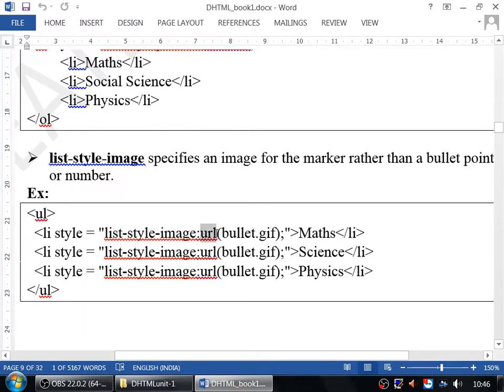Using the url keyword, and with a round bracket mention the image name, close the bracket, semicolon, close the double quotes. So instead of a bullet list or numbering list, before maths, science and physics, you have your own image bullet, we can say. I'll show you how to use it.